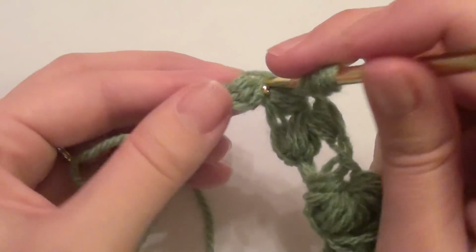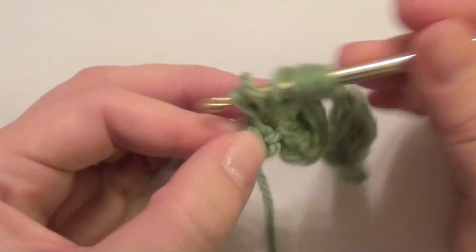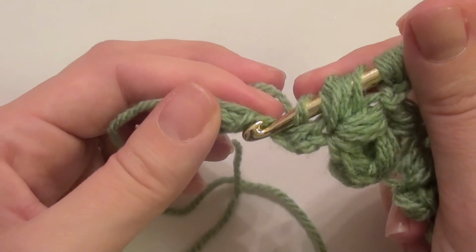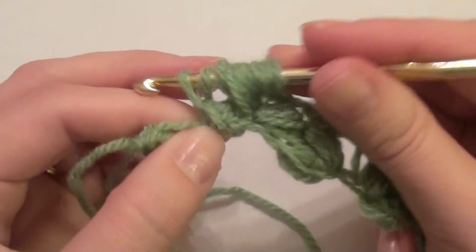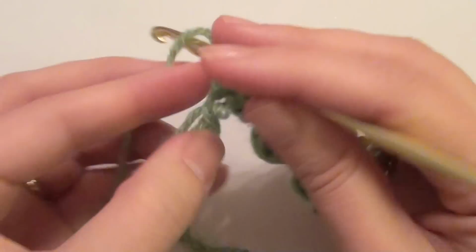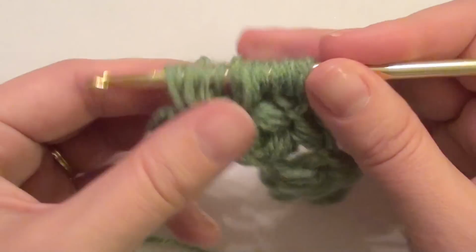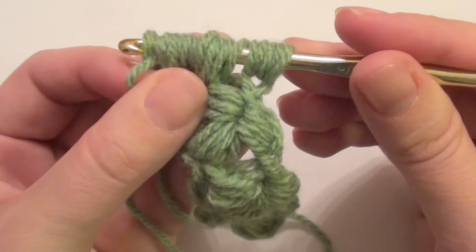and then right here you're going to do the same thing: yarn over, pull up 1, yarn over, pull up 2, yarn over, pull up 3, and then the next one, yarn over, pull up, yarn over, 2, and then 3. You have 3 sets of stitches here, of puff stitches, and you're going to yarn over, hold that loop here with your finger, pull through all loops,